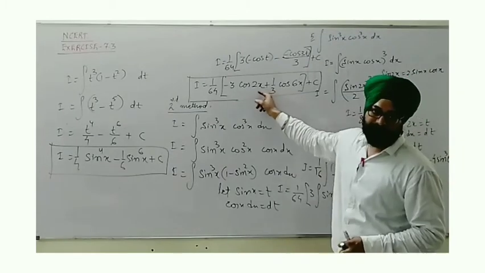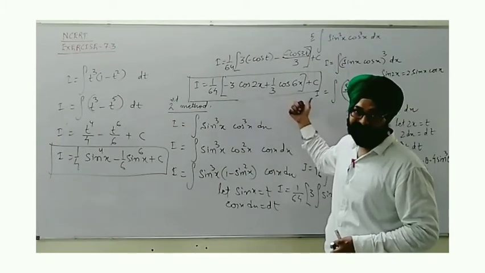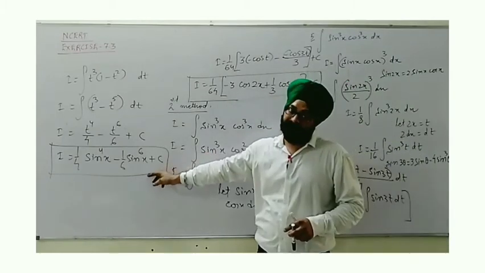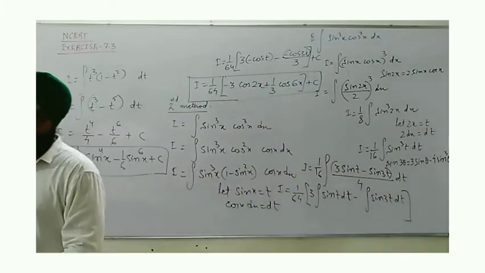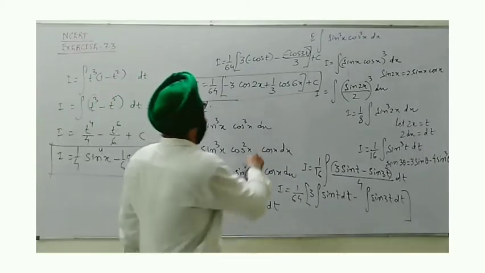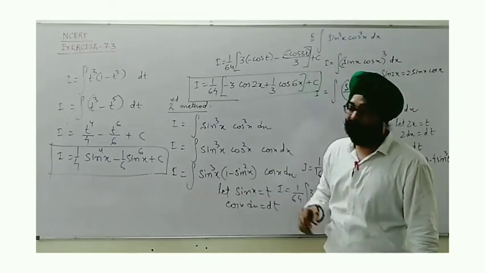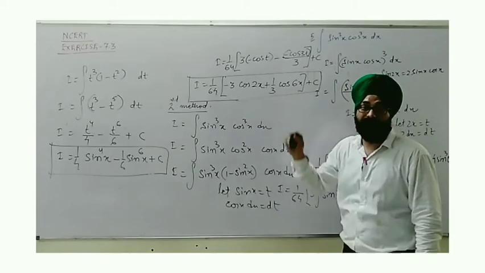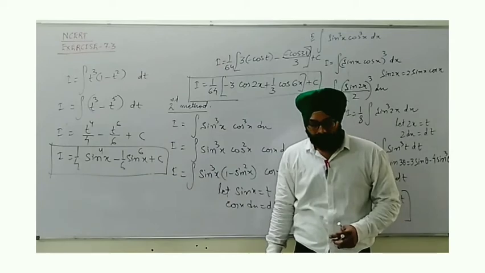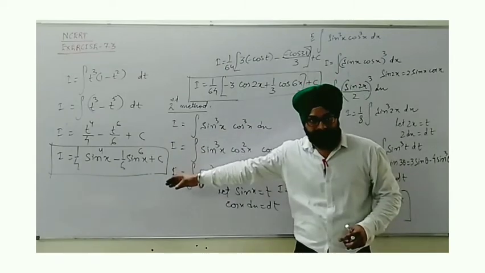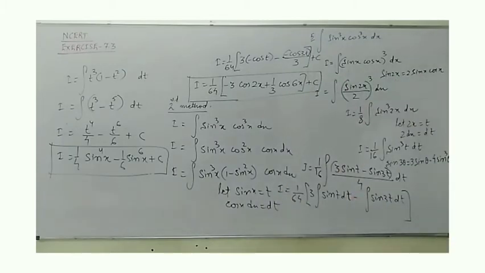In the first one we got the answer in terms of cos and also the multiple of angle, 2x and 6x like that. Here we have the answer in terms of sine and also in power form. Here the power is 6, here it is 4. Now they are interconvertible, as we know that using the identity, cos 2x we can convert into the form of sine as 1 minus 2 sine square x. The same we can do for cos 6x also. So when it is converted in terms of sine, we will get the same answer. Not to worry, both of them will be considered. I hope you have understood this method.